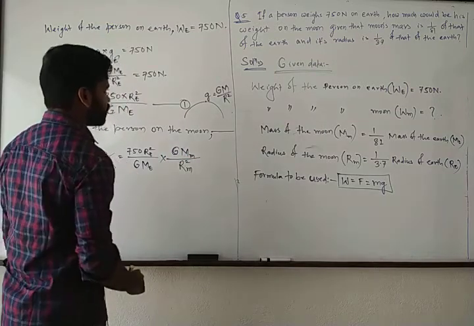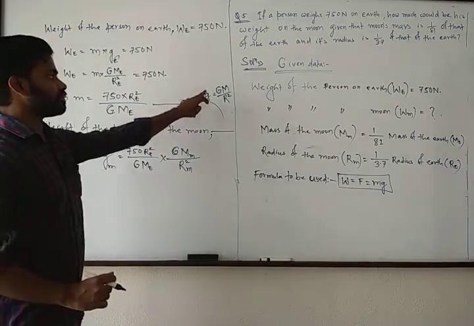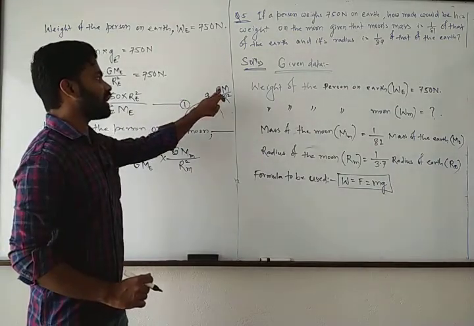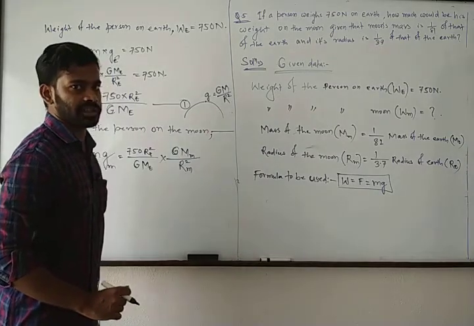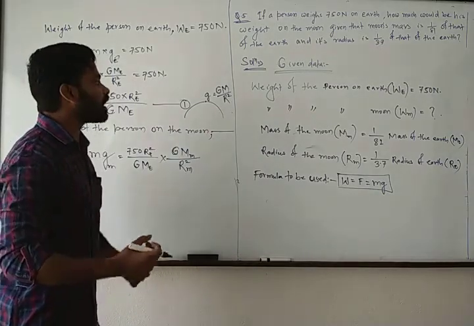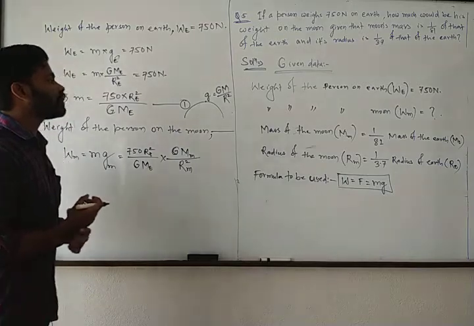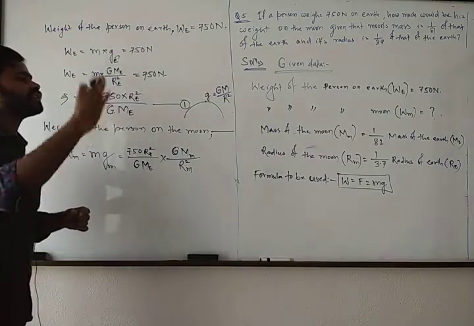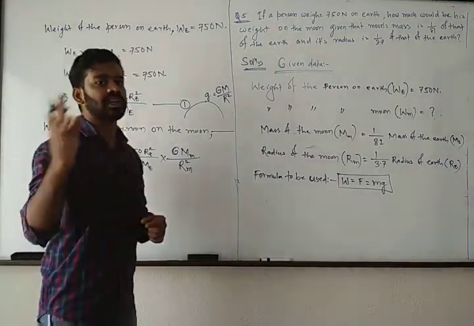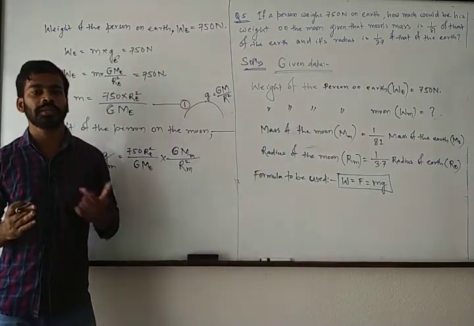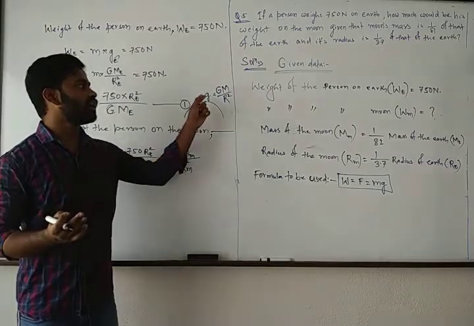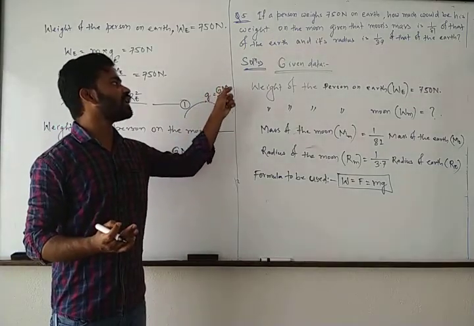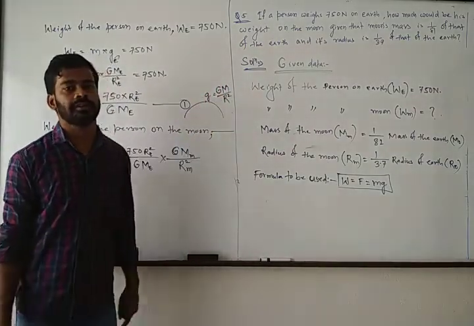squared. I told you the formula for acceleration due to gravity is GM/r², where M is the mass of Earth, r is the radius of Earth. And if you are trying to calculate the acceleration due to gravity for other celestial bodies, just like Mars, Jupiter, Moon, for all of these, if you want to calculate the value of g, you have to just replace the mass of Earth and radius of Earth.